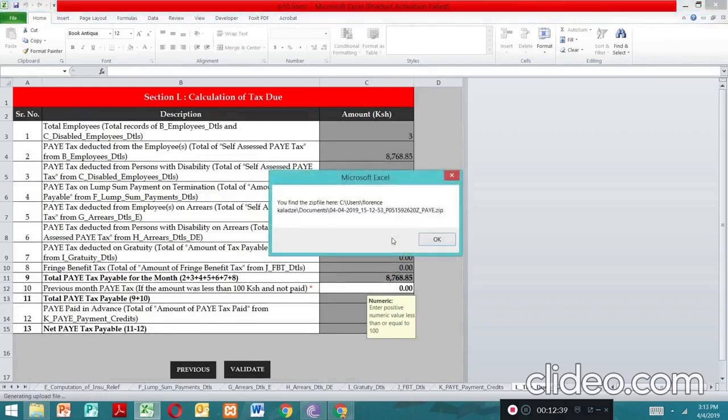It will generate a file and says you'll find your zip folder here at this user under the documents. This is the most important part to note. Is it documents? Is it downloads? Is it desktop? So this one shows the path at which you shall find